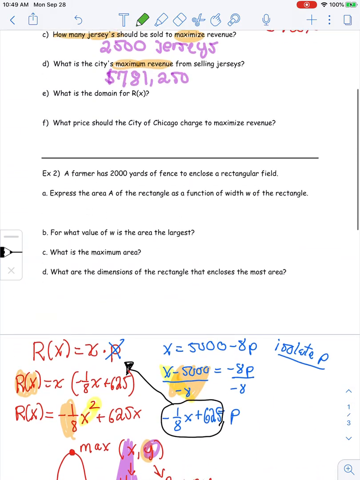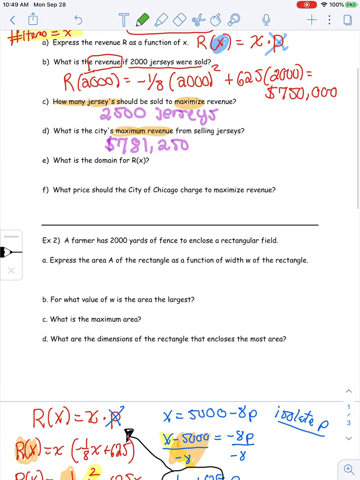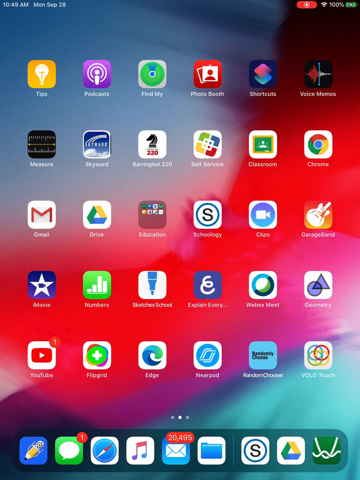Okay, so what is our domain? Our domain is going to have to be from 0 to 5,000. And again, that domain is going to help us to be able to graph this and find that maximum value on the graph. If we go back now to Desmos, and we wanted to graph this function, just to confirm our values,